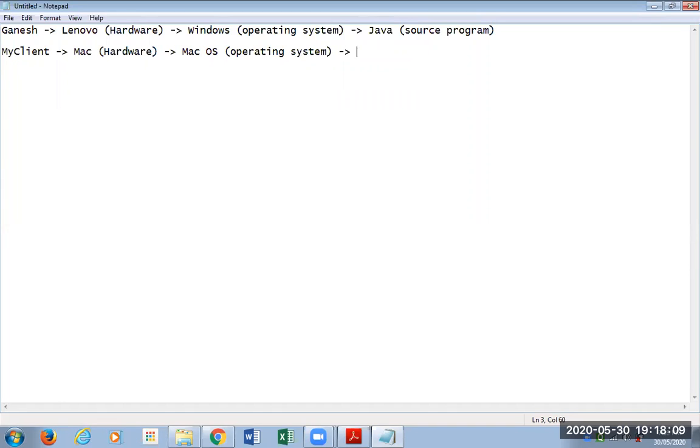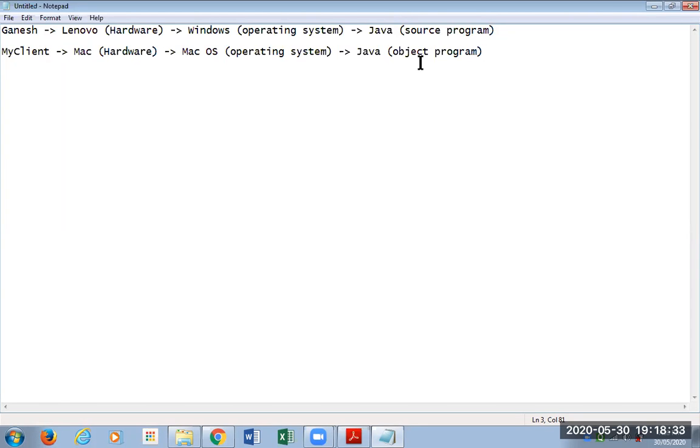And he'll be running the object program. He'll be running the Java object program on his machine. Let me tell you, he can very well use the Java object program. He can execute it, he can run it and do his things on his computer without any problem.